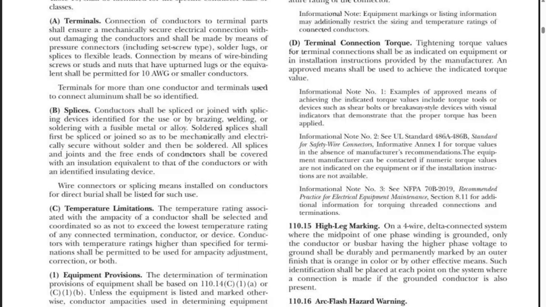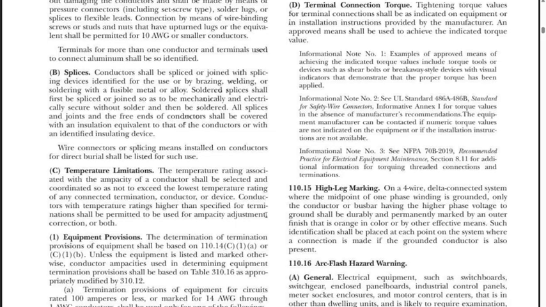And now let's jump to the last one, and then we're going to break all of this down a little bit. Temperature limitations. The temperature rating associated with the ampacity of a conductor shall be selected and coordinated so as not to exceed the lowest temperature of the connected termination, conductors, or devices. All right, conductors with a temperature rating higher than specified for the termination shall be permitted. So all of that